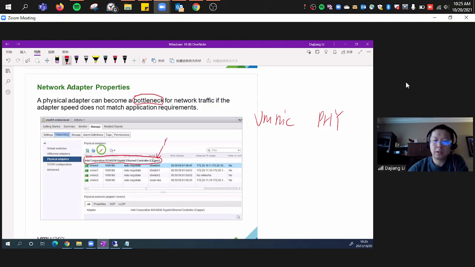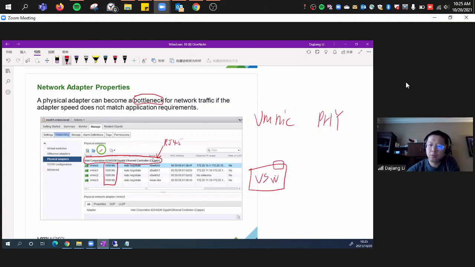Copper means RJ45 in that case. Okay, when you say copper, that's RJ45. And this one only has 4 network cards, so 4 network interfaces, and all of them are 1 gig. But it doesn't stop there. You said if I have a virtual switch